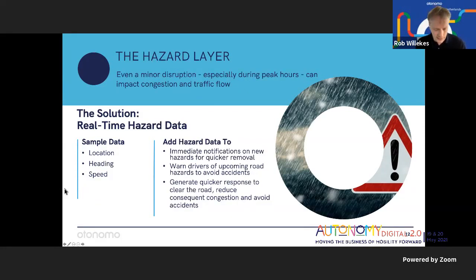Another big data set that's new is hazard data. So again, we get data back from cars, and that's real time. It can flow back into applications, alerting the drivers that there's an event. It can be a car down the road, it can be an accident, and then the hazard data can be used to reroute or to give better routes to the driver.